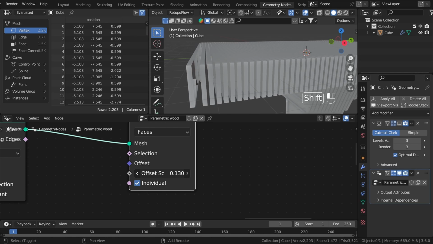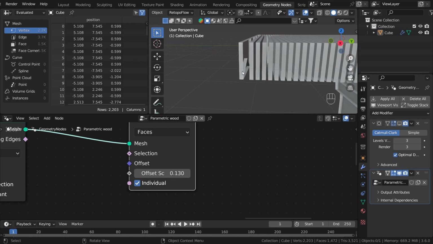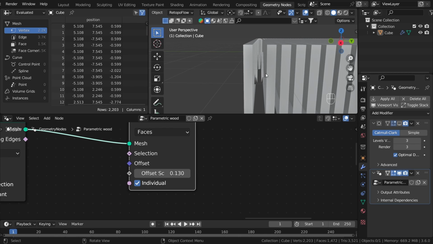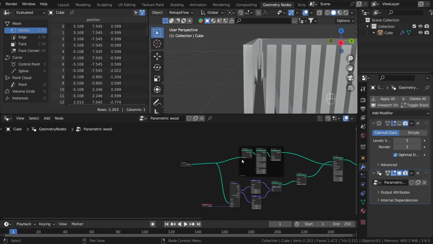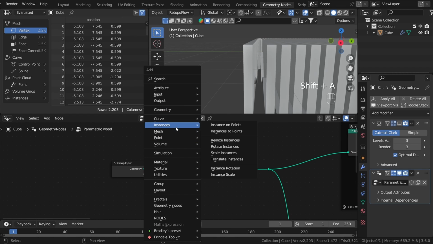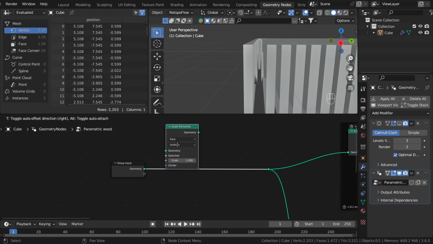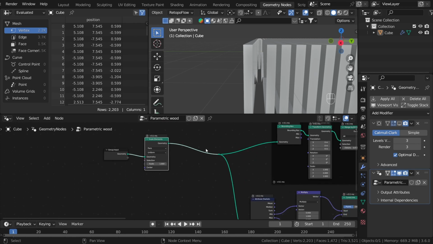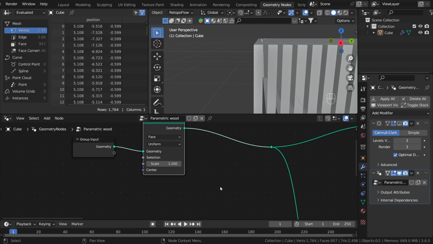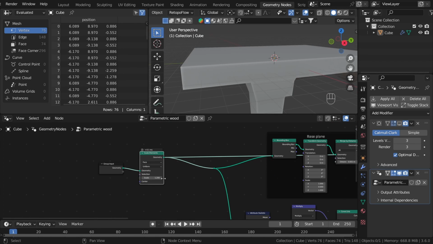And as you can see, we have a problem here, because all the panels except the first one are extruded in the right direction, and this one is in the opposite direction. To fix it, we can do it pretty easily. We can add the Scale Elements geometry node and plug it before everything. And if we increase the scale, we can fix it. And why is that? Because if we increase the scale of it,